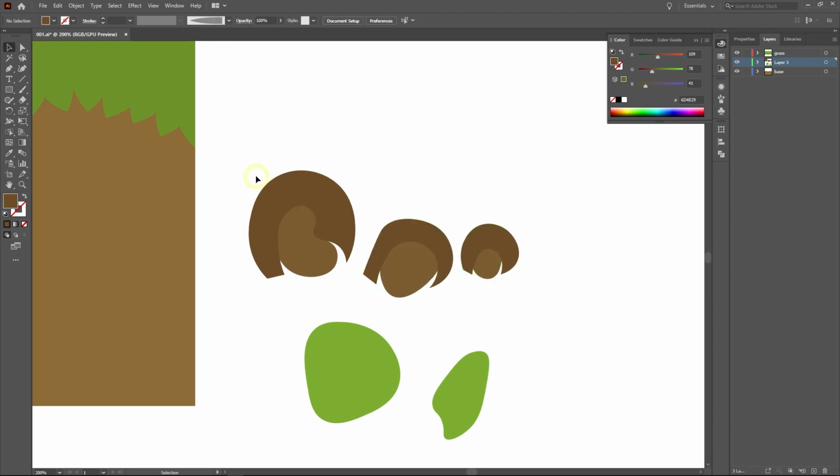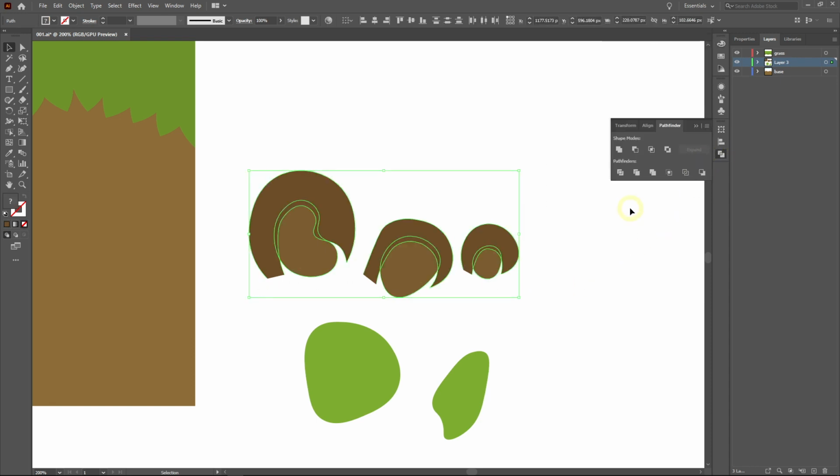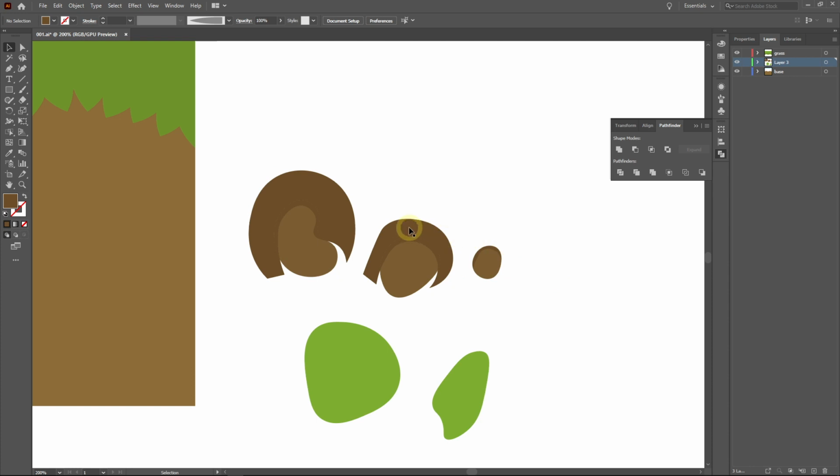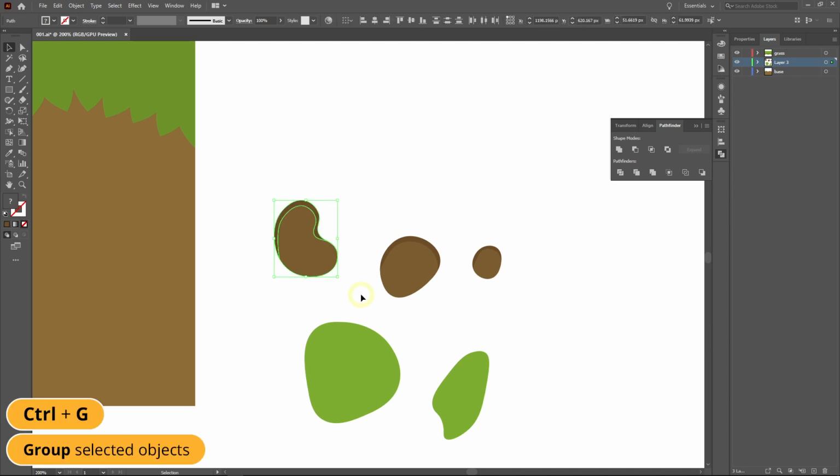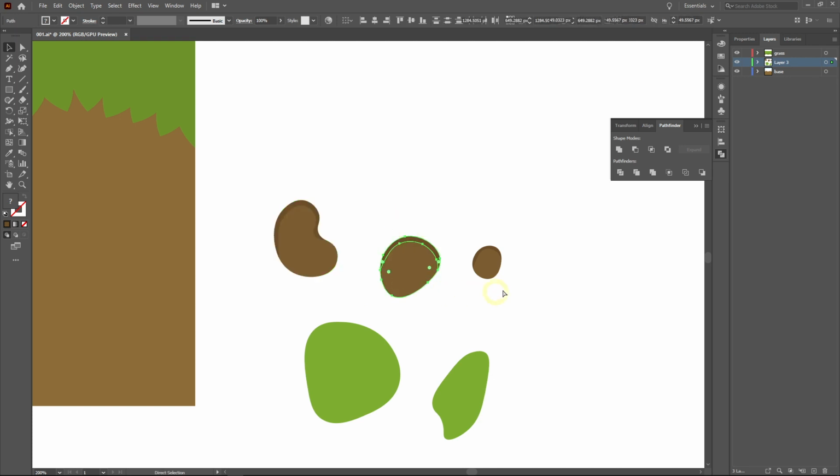After you are done, select all of these objects, and in the Pathfinder panel, click on this Divide button. The result of the divide process is a group object. So you need to press Shift-Ctrl-G to ungroup it. Then select the excessive shadow areas that we don't need, and press Delete to remove them. Then select these two shapes. Press Ctrl-G to join them together in a group object. Use this grouping technique again for the other hole objects.